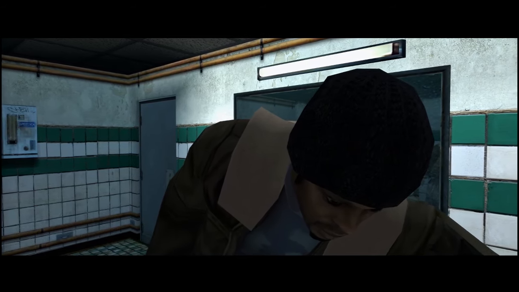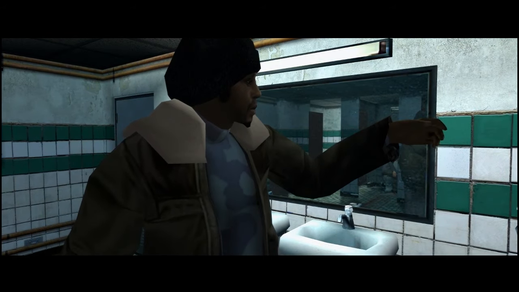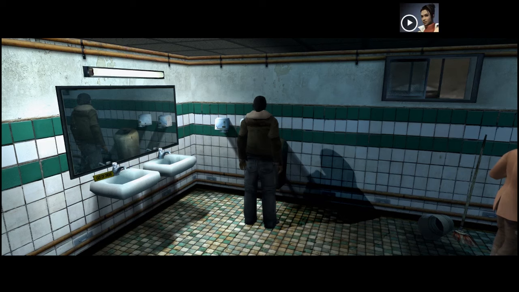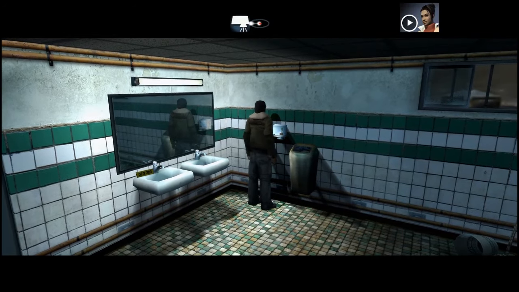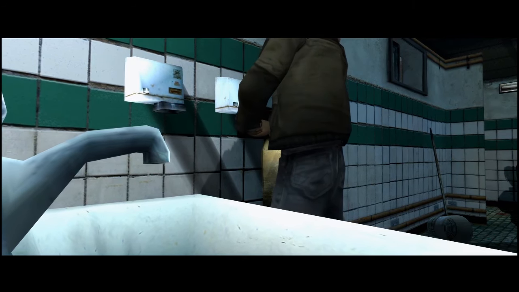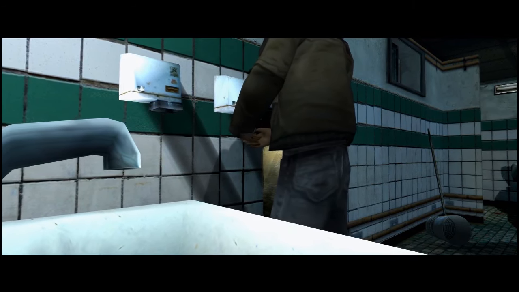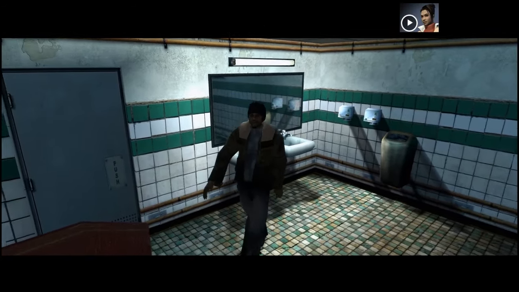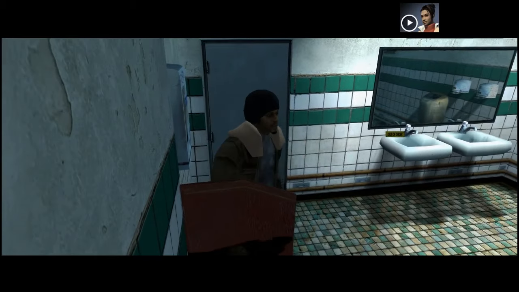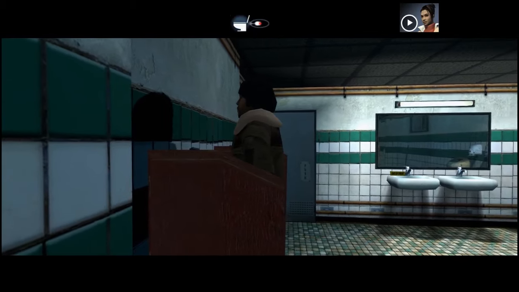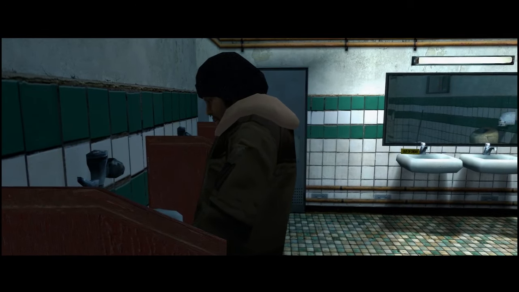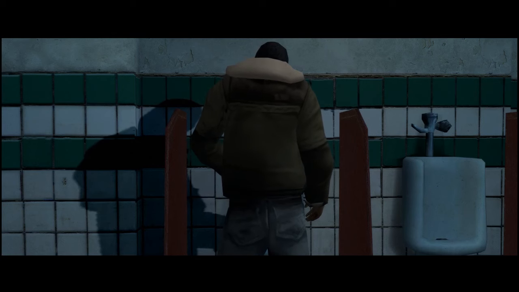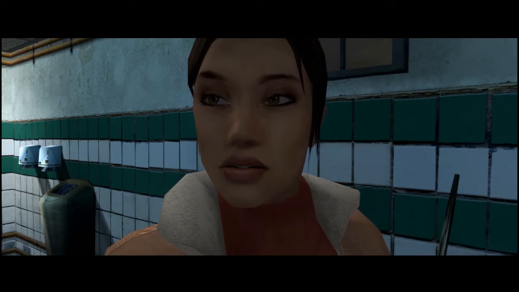Just what exactly are you doing, Tyler? I'm checking for clues. What do you think? Tyler? What? This is a restroom, isn't it? No, this is a crime scene.